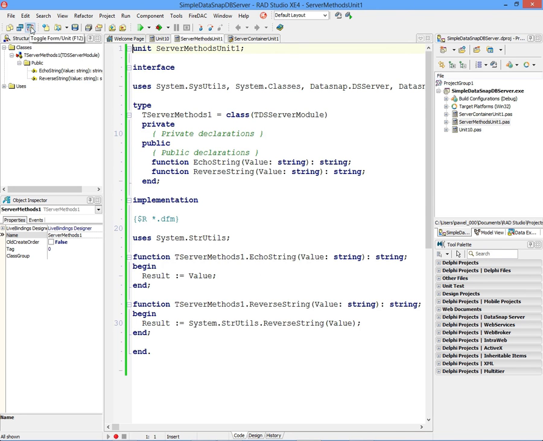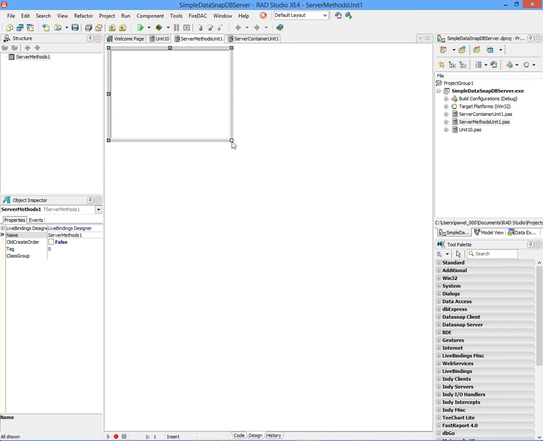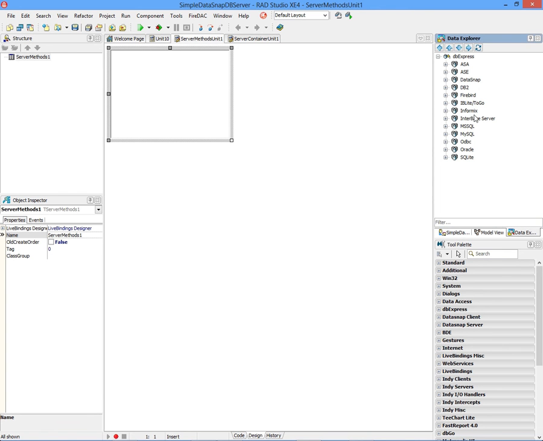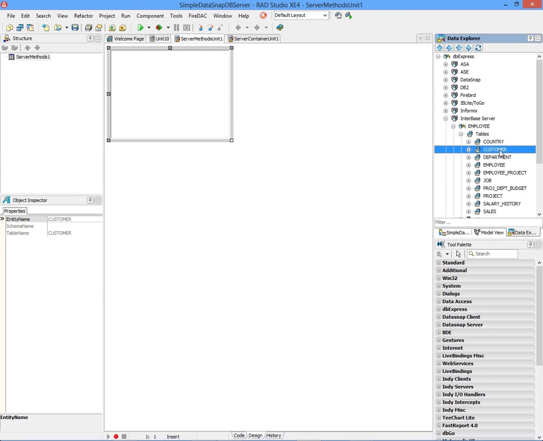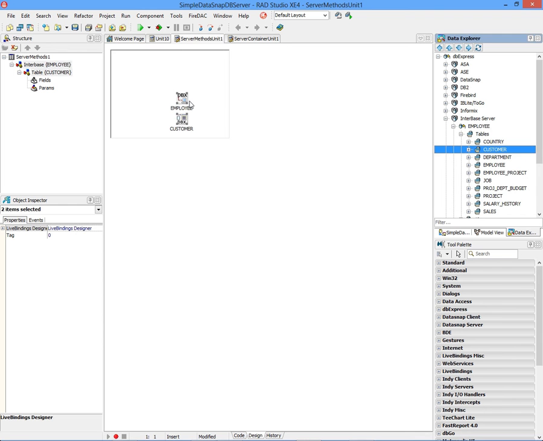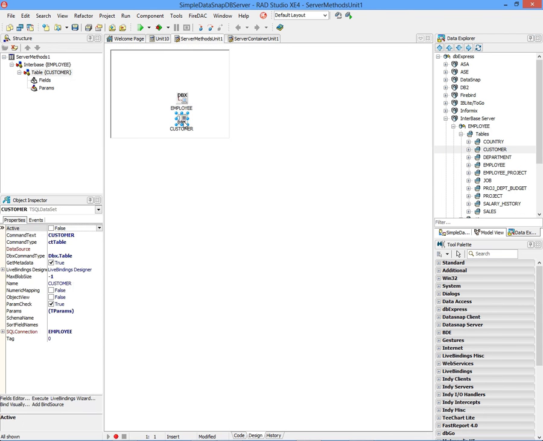So I'm not going to write any code, because my server is supposed to expose some data from the underlying database. When you install Delphi XE4 or RADStudio XE4, you will also get an Interbase installed, and also there will be an employee database pre-installed for you. So I'm going to actually focus on this customer data. So in order to do it, probably the easiest thing is to just take this customer node and drag it onto the data module. So this is my employee database and the SQL dataset that is already pointing to the